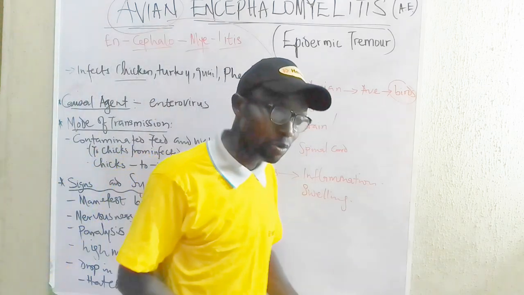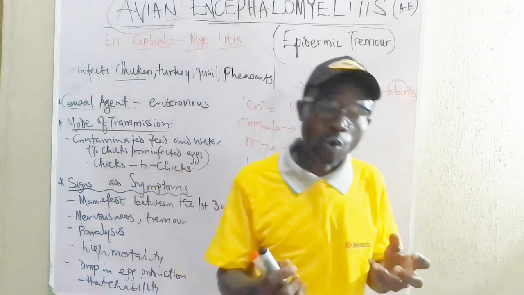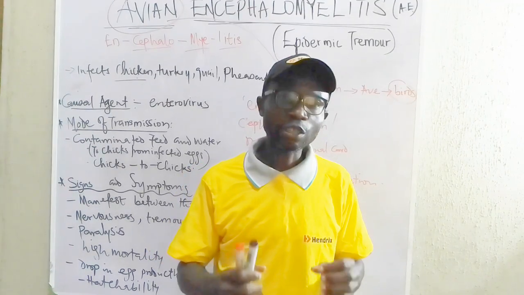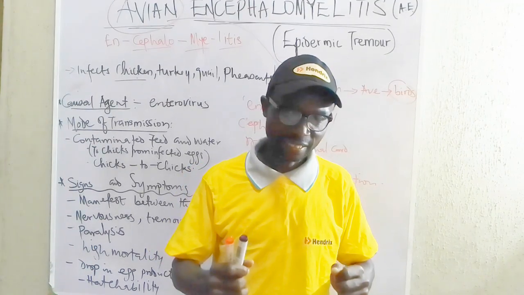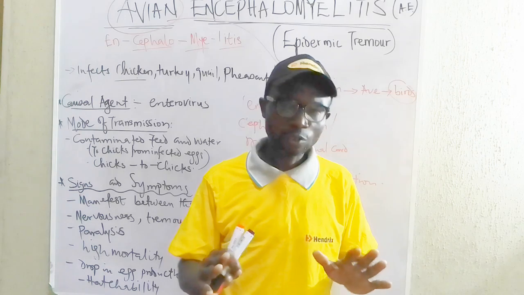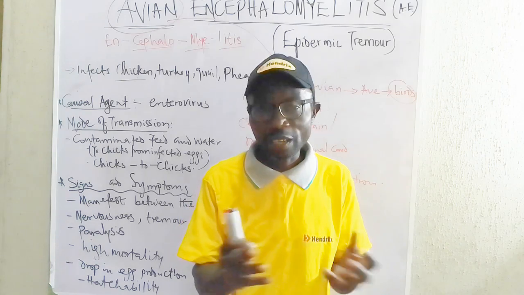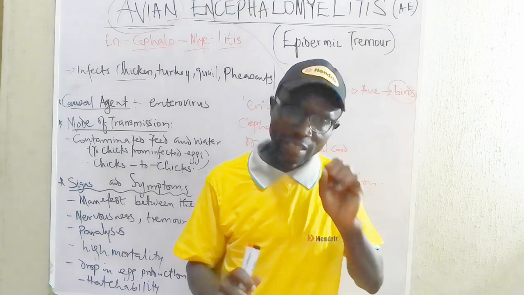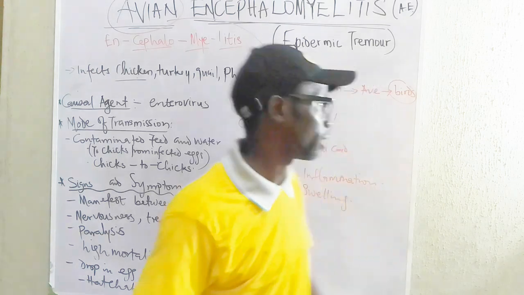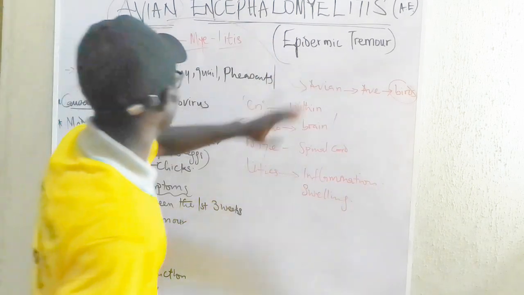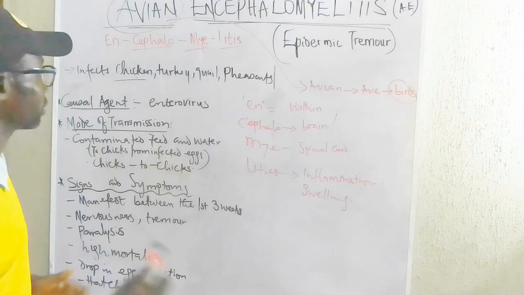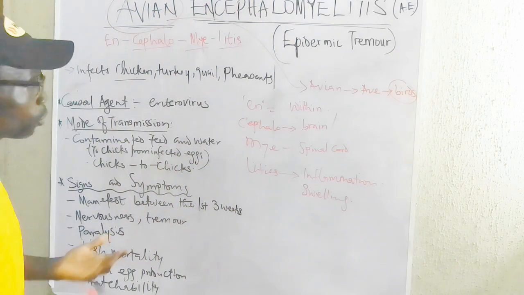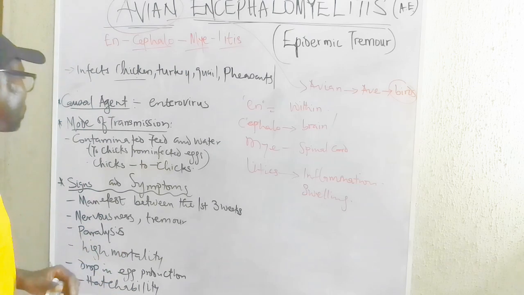The spinal cord controls coordination. Anything that begins to affect it begins to affect balance and stability. So the animal begins to lose stability or balance. Anything that affects the spinal cord, that is the tremor. Now let's come quickly. I've talked about this in passing. Infected animals are usually chicken, turkey, pheasant, quail, and the others.